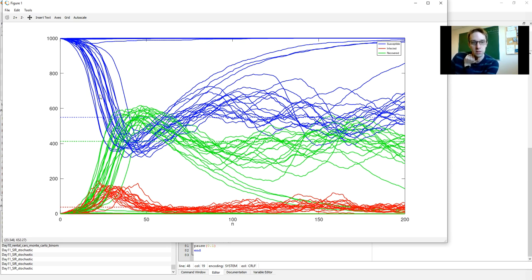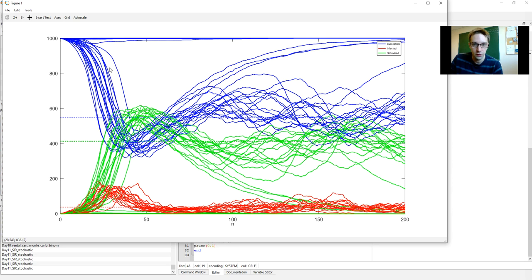That corresponds to a drop in the number of susceptible people. And then once the people are no longer susceptible, well, there's no one else to get sick, or at least not many people to get sick. And then the number of infected starts to drop. And the recovered also is growing at the same time.